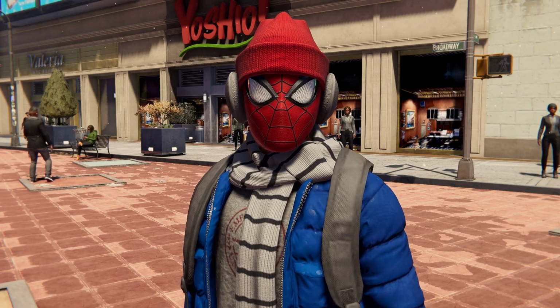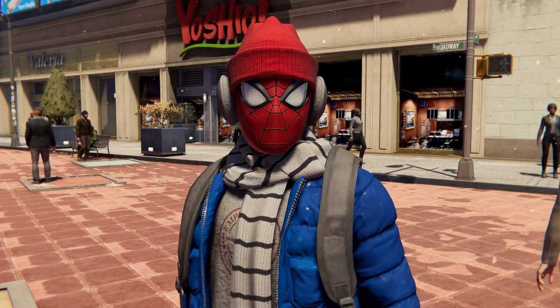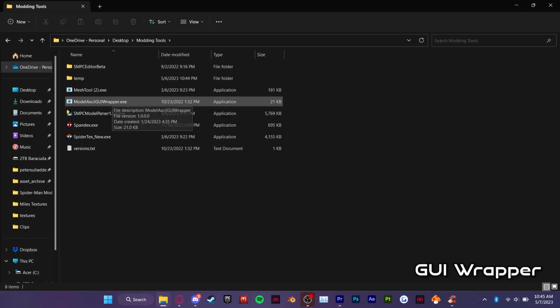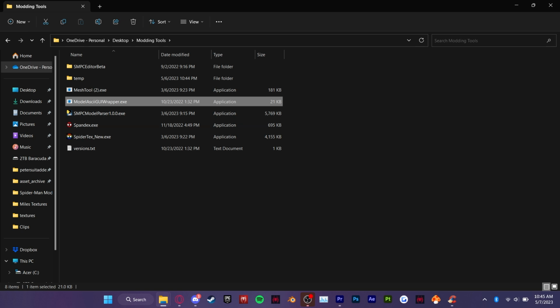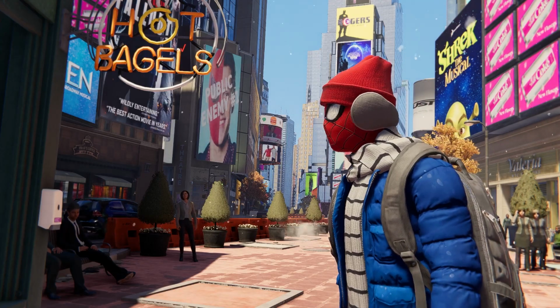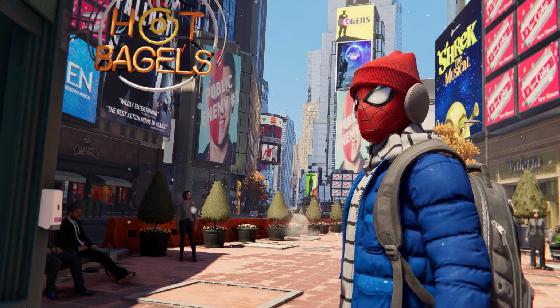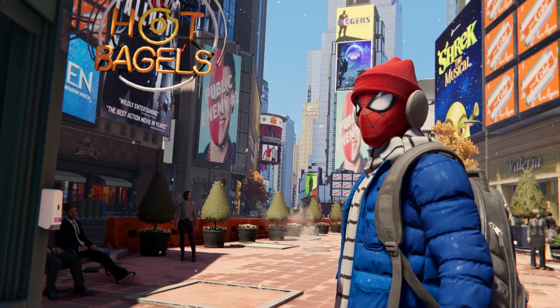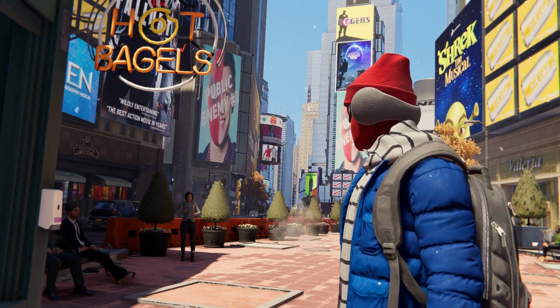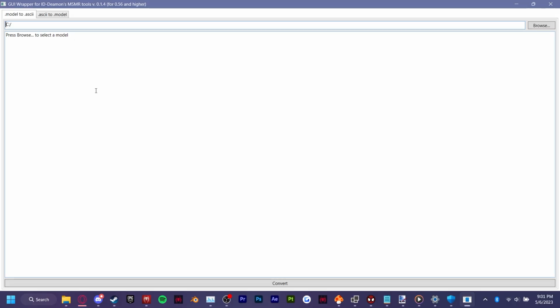Now I'm sure you're wondering what to do with the model you just extracted. We're gonna need a funny little tool called a GUI Wrapper. If I can't find links for these tools, then I'll just point out where to find them in the Discord. And if anything, I'll leave a link to my Google Drive with all the tools I use in the description. Now once you have the GUI Wrapper installed, try to open it up. If it says something about a virus or whatever, don't worry about it. It's a false positive. Now tell Windows to run it anyway, and boom, you'll see two tabs, .model to .ASCII